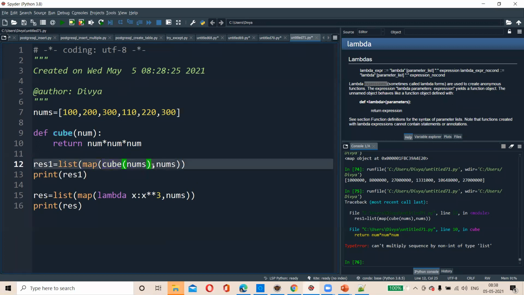So a normal function we can't pass; we need to pass only a lambda expression. Normal function pass, how can we do that? I need to show you a map example. So here, map. We need to understand map in Python so that you will understand how other expressions work also.